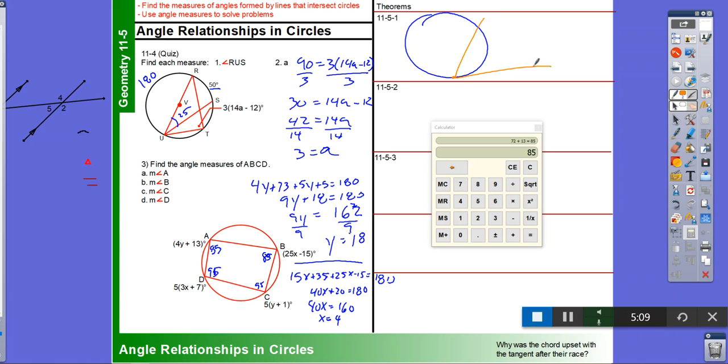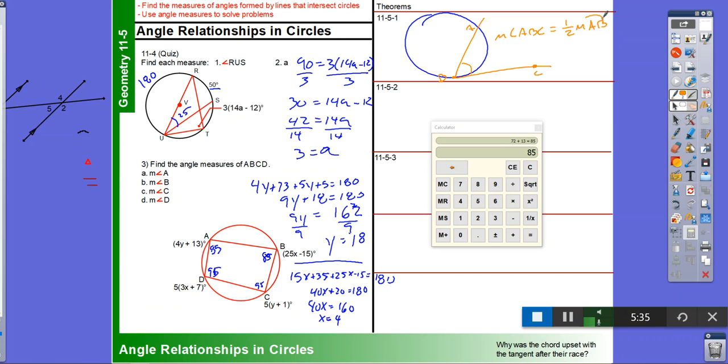Let's call this point C, this point B, and point A. So the measure of angle ABC is going to be equal to 1/2 the measure of arc